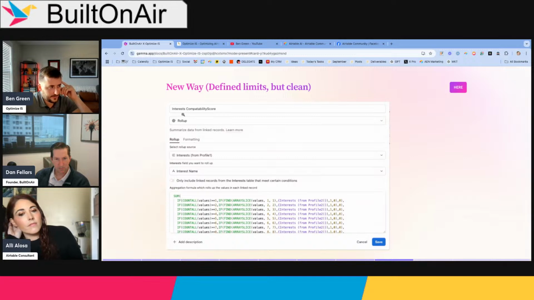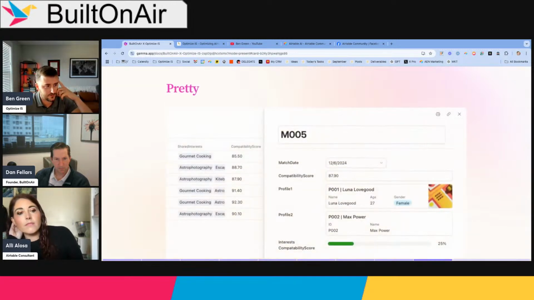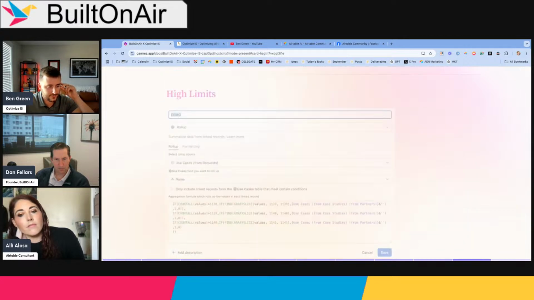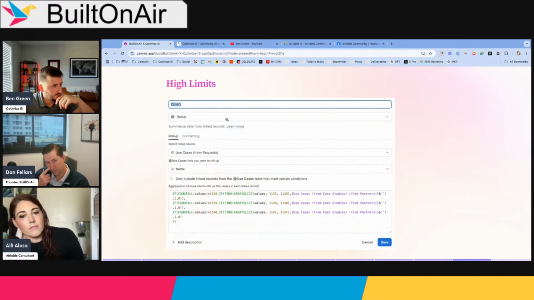In a dating profile, this example is to show a compatibility score between two profiles, returned as a percentage. So it's find all of the matches compared to how many possible matches there could be, and return that as a percentage. I think in this example, it's showing 2 of 8 is 25%. So I'm going to click into the demo of this and you can see examples, but the other concern